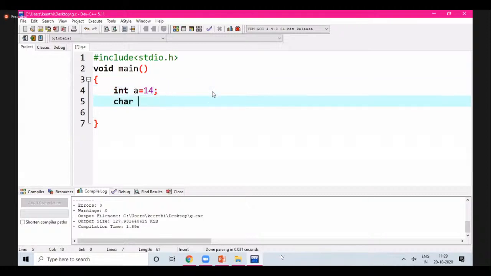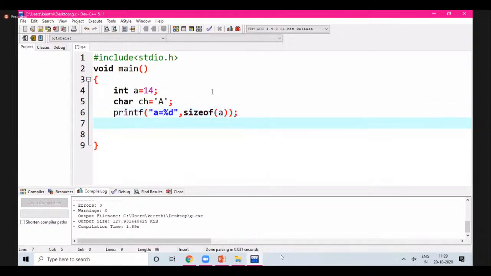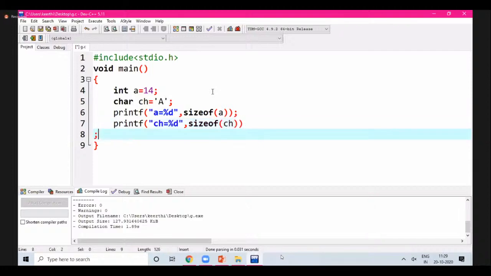It only tells about memory allocation. printf A is equal to percent d, comma, sizeof, which is one single word, sizeof variable A. printf ch is equal to percent d, sizeof ch.